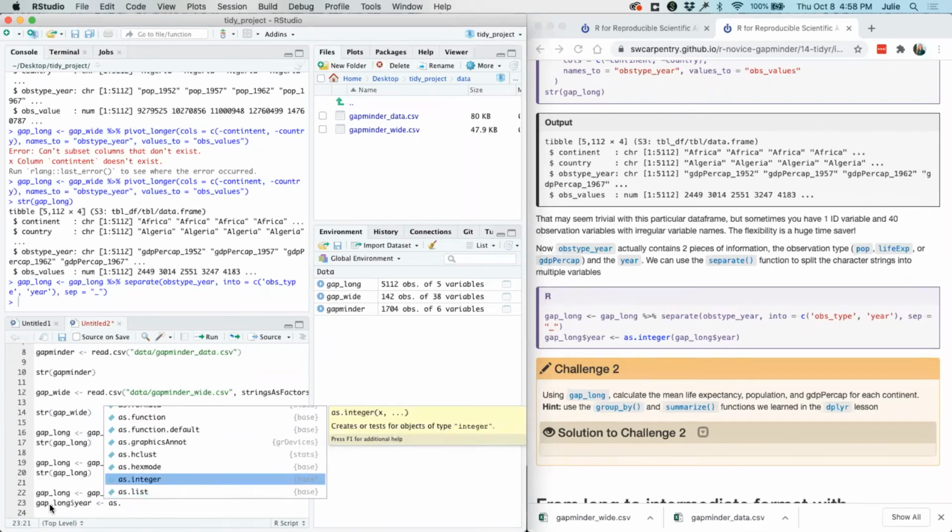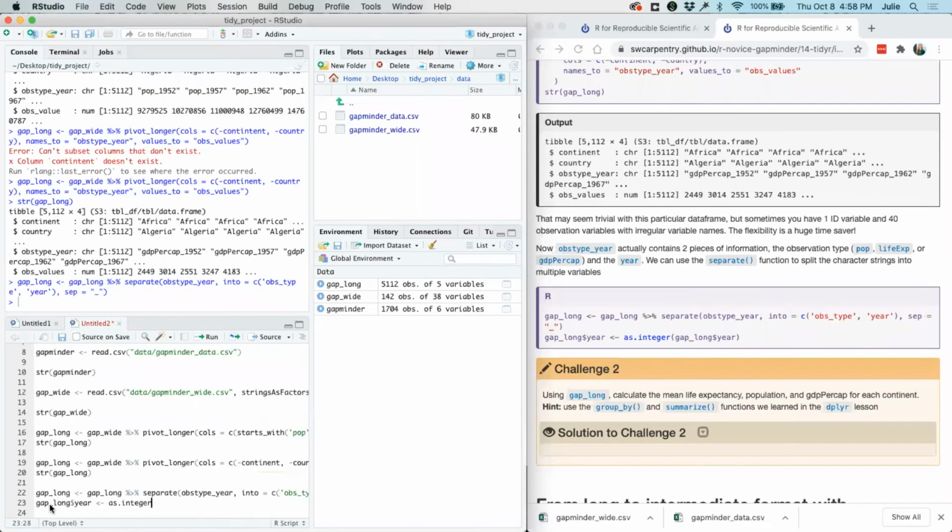So this creates objects for the type to make sure it's an integer, make sure it's a number. Wonderful. As integer, and again, we just need to specify that this is the column we want, the year column. So I'll run that.